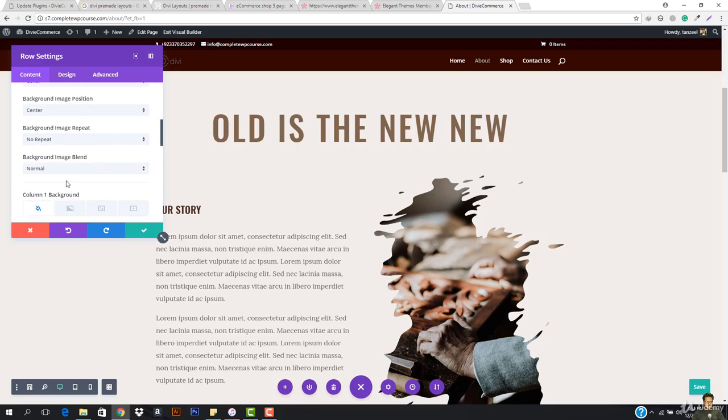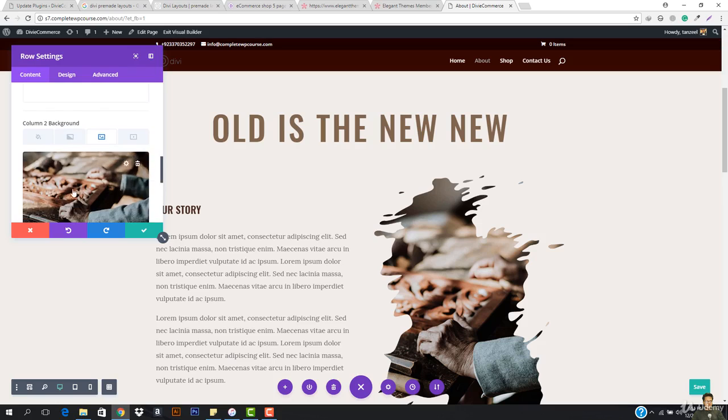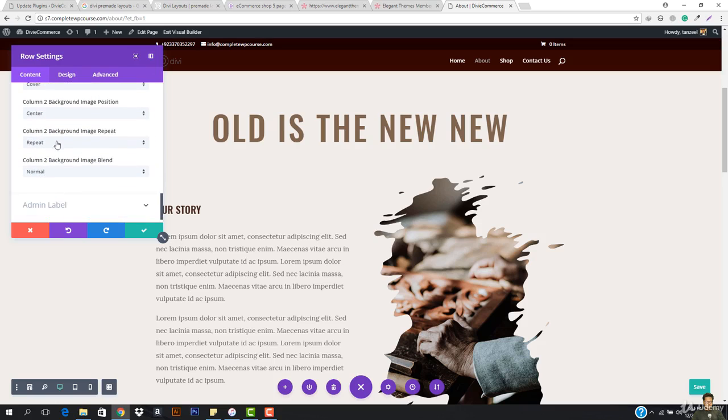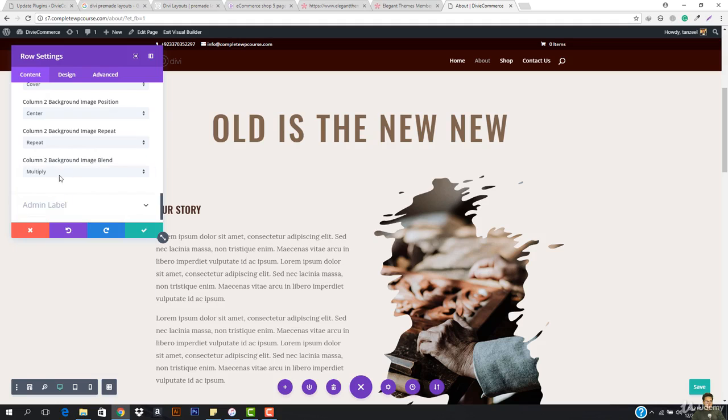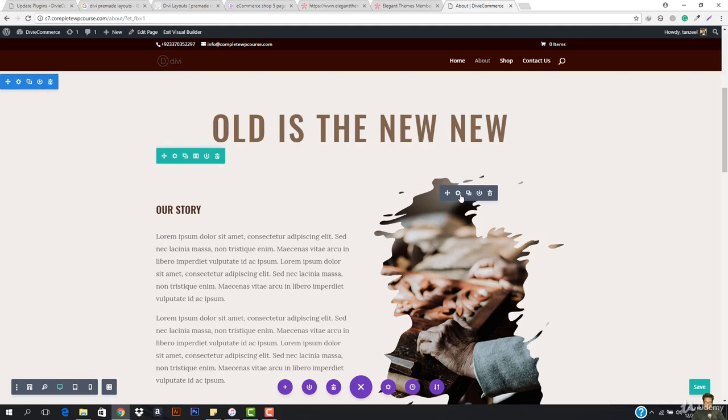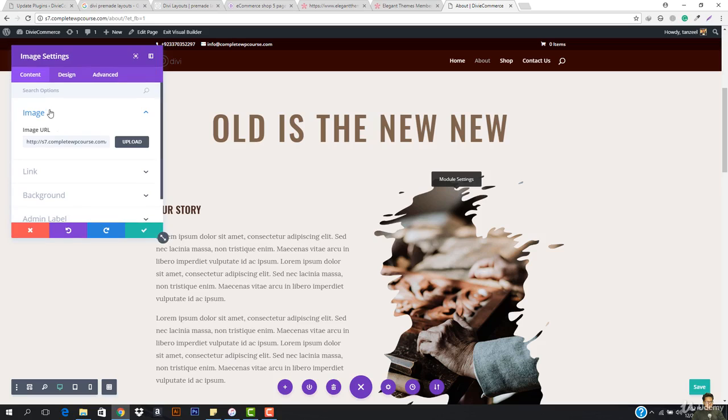It looks like we just have the column 2 background. The column 2 background image repeat is set to repeat X. We can also choose repeat, and you can see column 2 background image blend can be multiply. It can be darken or something like that. If I click here, you can see we have a module, and if we go to background, then you can see